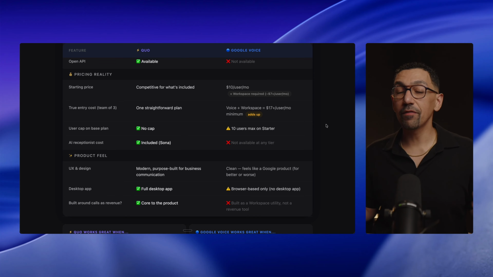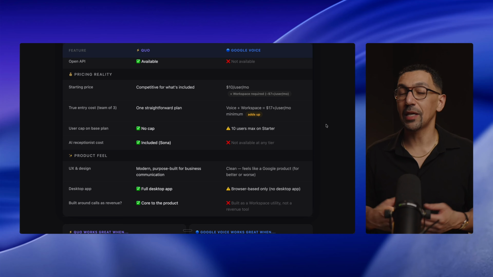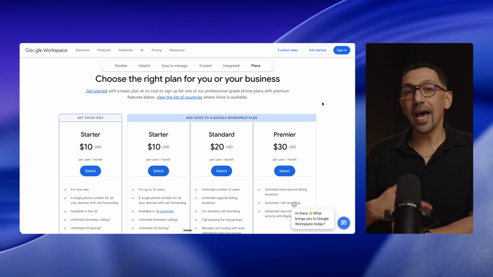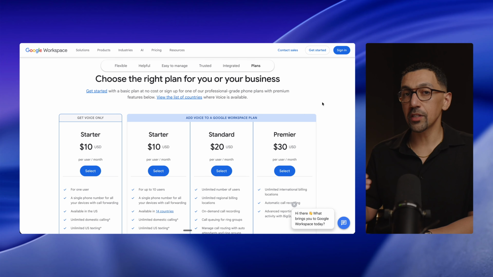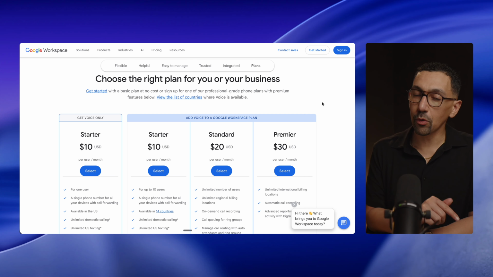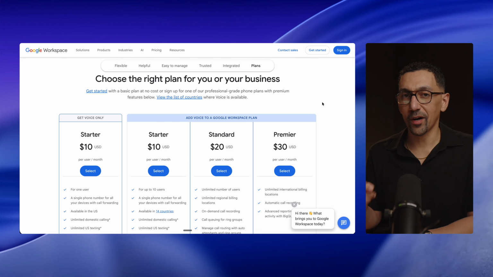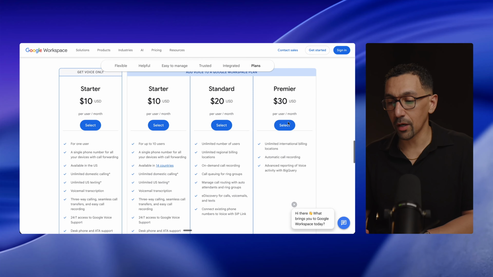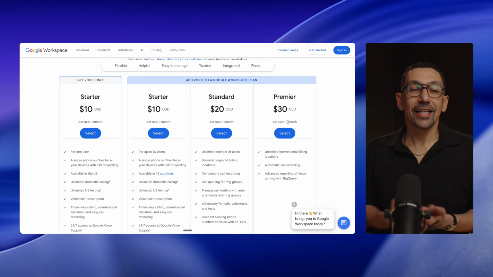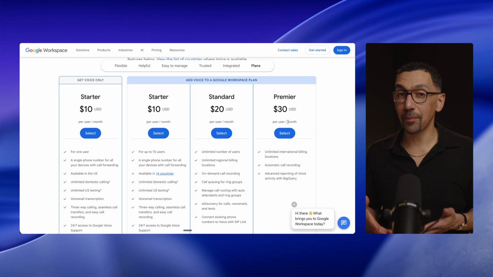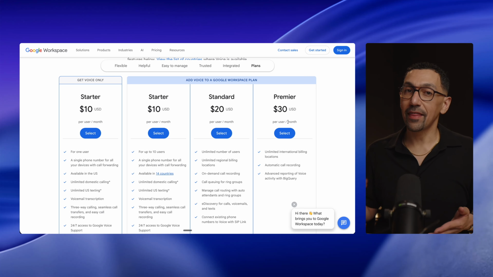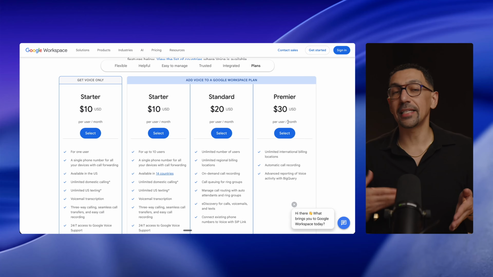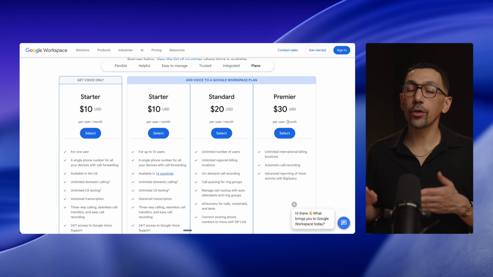Now, this leads us to a very important section, pricing, because this is going to be a factor that you're going to want to consider with both tools. Now, to get started with Google Voice, their lowest plan looks a bit cheaper than Quo, but you do need to consider one thing. The starter plan, as you see on my screen, starts at $10 per month for your first line. Now, off the bat, Google Voice is gonna appear cheaper, but the reality is that you will need to pay the $10 a month for Google Voice, as well as an additional $7 per month for your Google